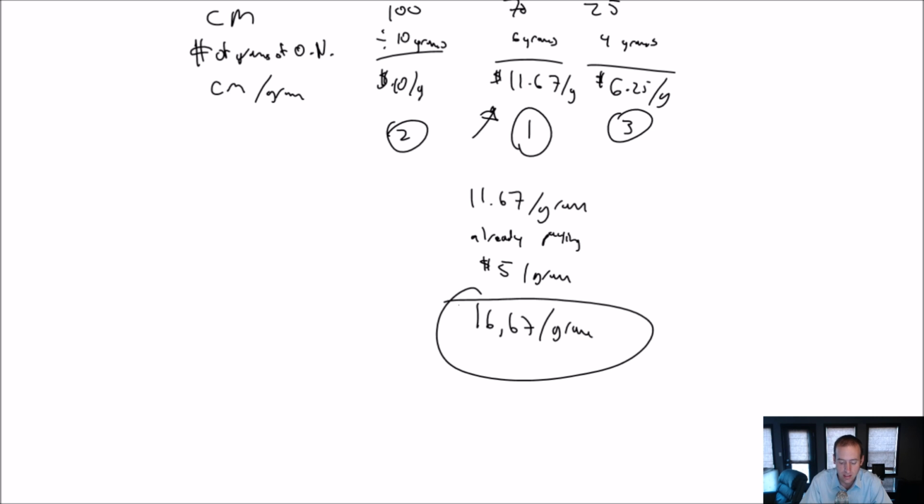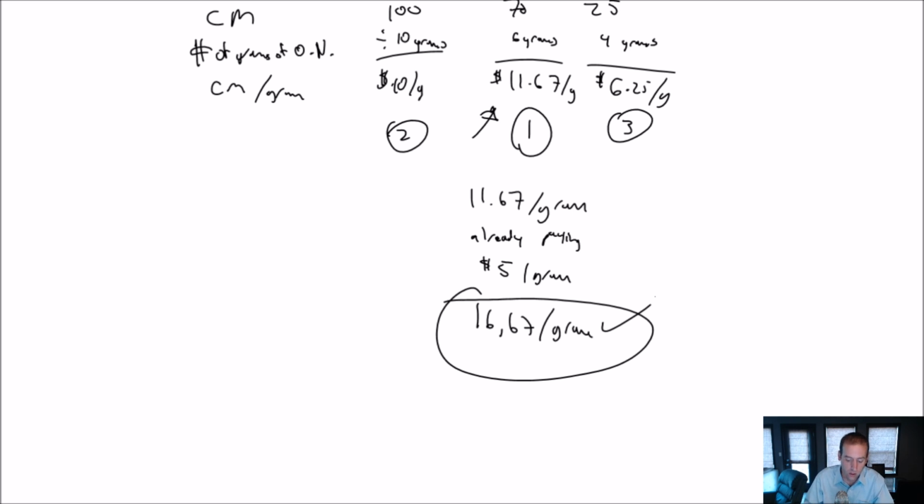But $16.67, you might say, well, why would I ever pay that much per gram? And the answer is it's not good to have unfilled demand. What happens if these perfume choosers decide there's all this demand for yours? They go to the perfume shop, they don't find yours, they end up buying Chanel or some other brand of perfume and they become loyal to it. Well, that's bad news. That's a missed opportunity. So in the short term, it might be wise just to say, look, we'll pay whatever you want. We'll even take a loss on this, but the most we'd be willing to pay and still break even is